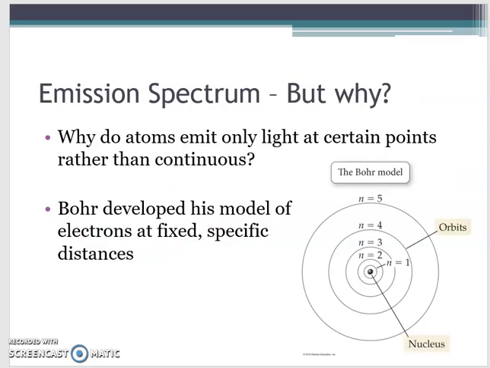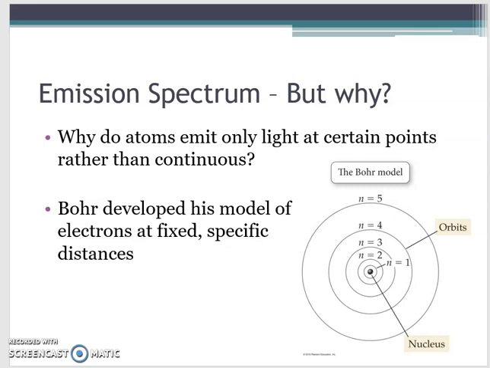So why does this happen? Why do they only emit light at certain points rather than being in a continuous spectrum? And so Bohr sought to answer this question, and the way that he answered this was by developing the Bohr model, which we've looked at before. In Bohr's model, he has electrons that are at very fixed and specific distances from the nucleus. So we call that n equals 1, n equals 2, n equals 3